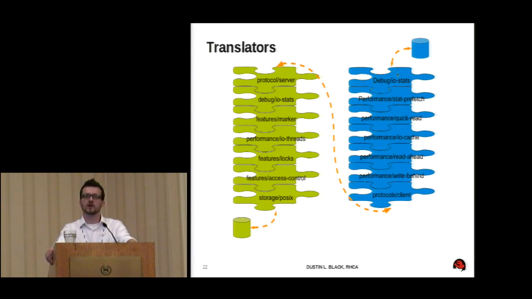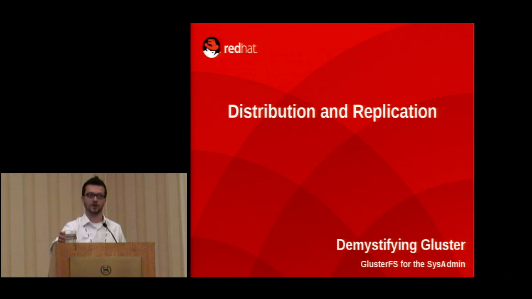If you were to get into a more complicated scenario, you might see this branching off so that there's replication involved, or some of the pieces that, I'm trying to remember the specific example. There was a good example I recall of one of the translators that's commonly run on the client side that you can also run on the server side for a different bit of functionality. So you can think of these things as modular, and you can get pretty creative in how you put them together, and also in developing your own translators, which obviously we would highly encourage.